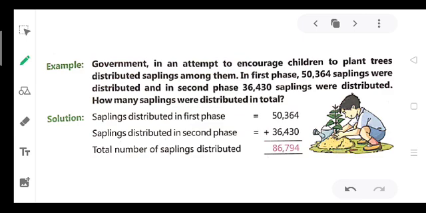In first phase, 50,364 saplings were distributed. In the starting phase, 50,364 saplings were distributed. Now in the second phase, 36,430 saplings were distributed. How many saplings were distributed in total? So what do you understand from this question? That this question is related to distribution of saplings and it is distributed among children, and in 2 attempts,